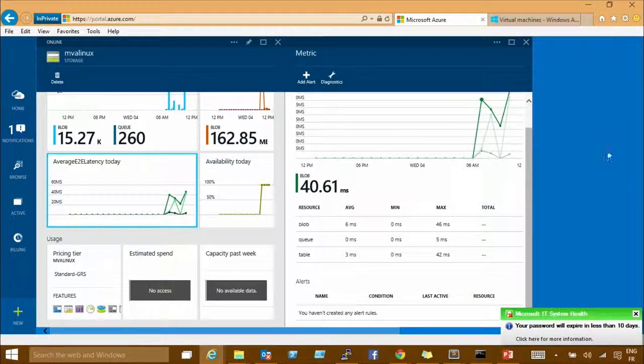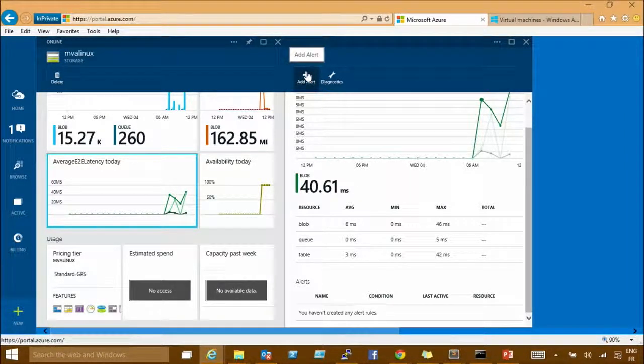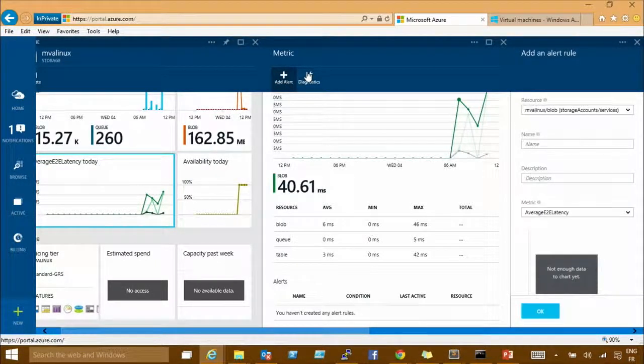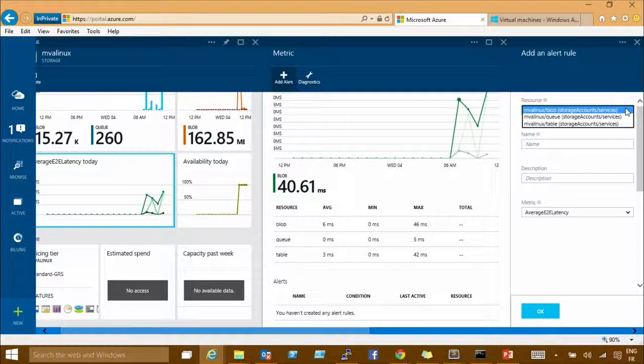And I can even create alerts. So I can just say, if that happens, let me know. Pretty much that's the idea. So for example, here on the storage account for the blob storage,